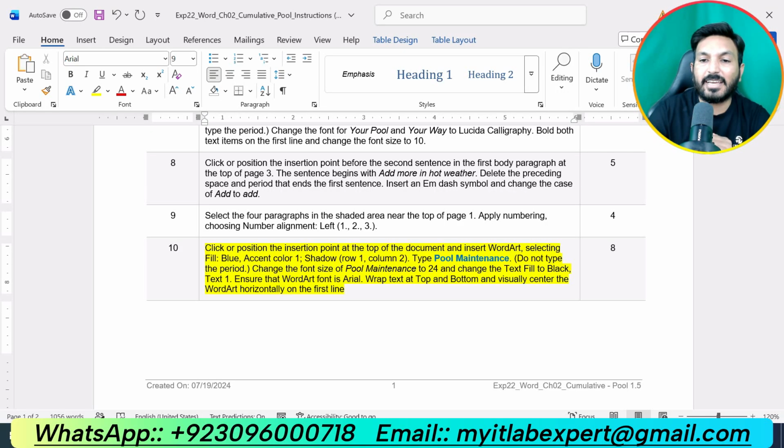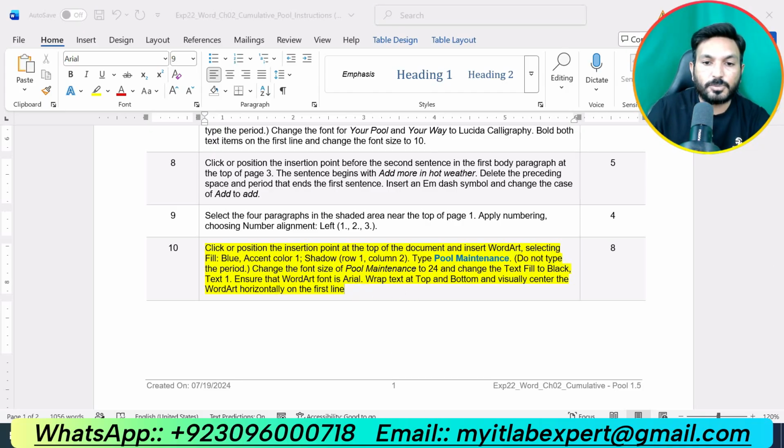Type Pool Maintenance. Change the font size of Pool Maintenance to 24 and change the text fill to Black, Text 1. Ensure that the WordArt font is Arial. Wrap text at top and bottom and visually center the WordArt horizontally on the first line.